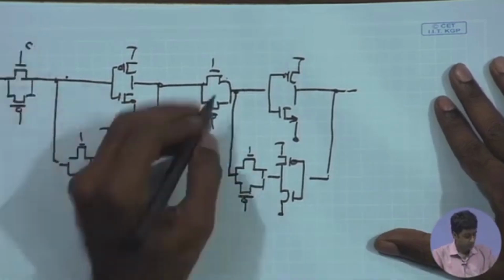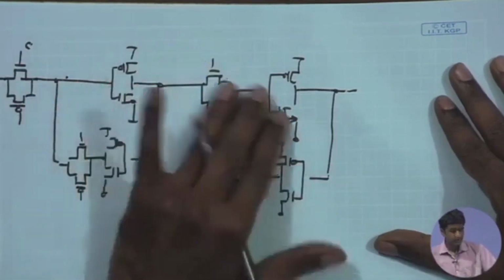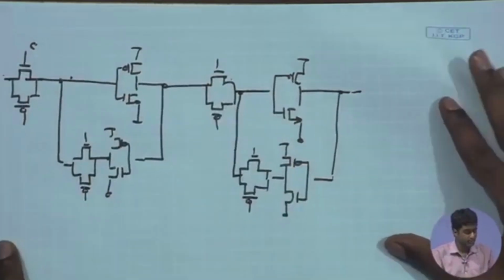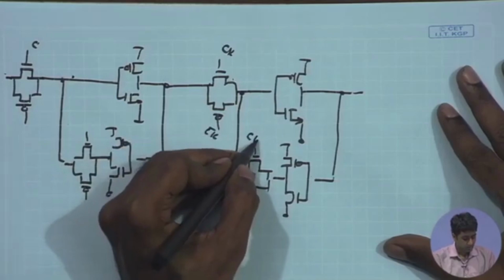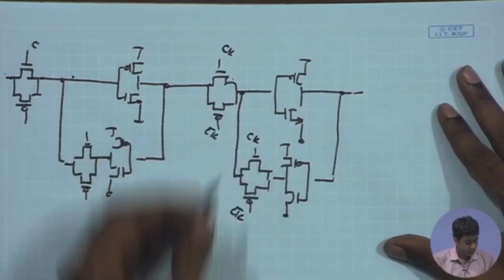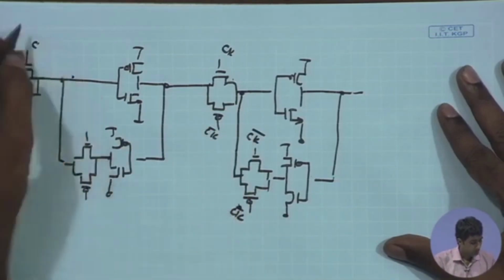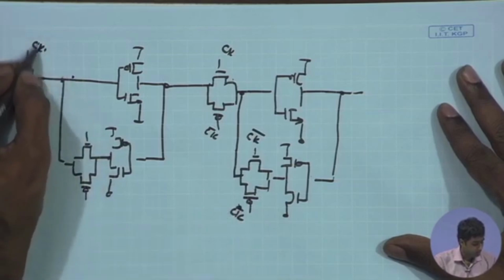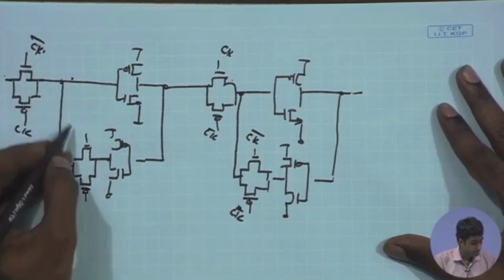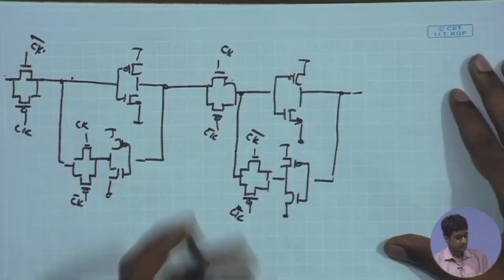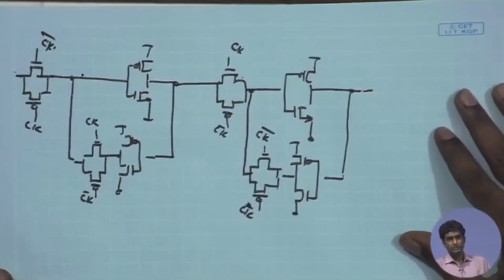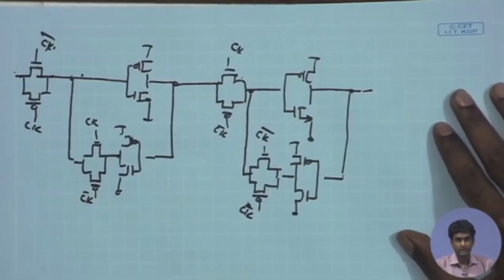So, here I can start. If it is a positive edge triggered flip flop, then I know that this second level is supposed to be triggered by the clock. So, I can say clock and clock bar, and then you have clock bar and clock. Likewise, you have the clock bar over here, the opposite phase, and clock here, and you have the clock and clock bar here. So, this is the overall circuitry for the flip flop that we can have, which is robust enough